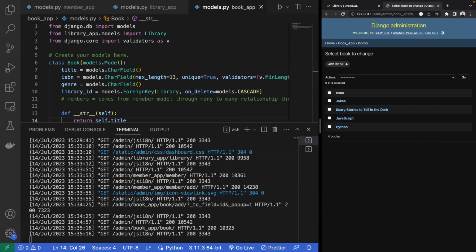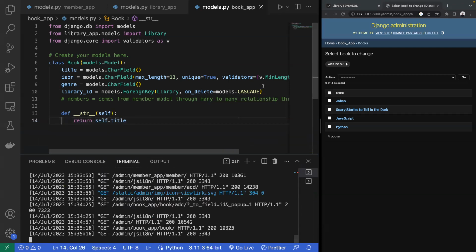How come when we set the book library ID, members of Code Platoon can still see the books of Roosevelt Library? Is that supposed to be able to do that? Yeah, so we don't have a method for that. We could definitely add a method now to be able to do that. Currently the admin side doesn't control that specific information, but we can definitely add a method to our